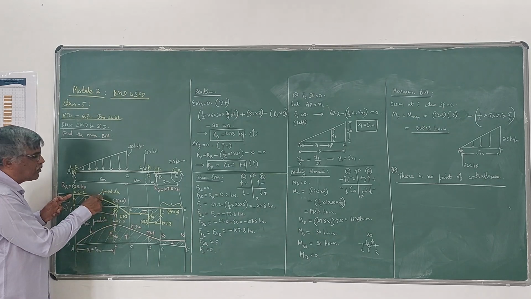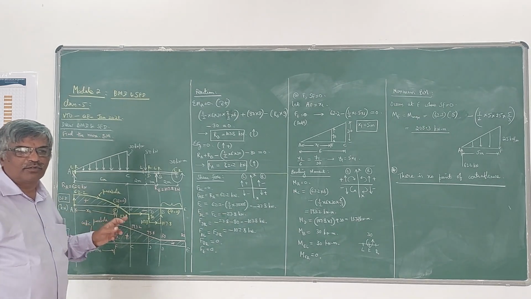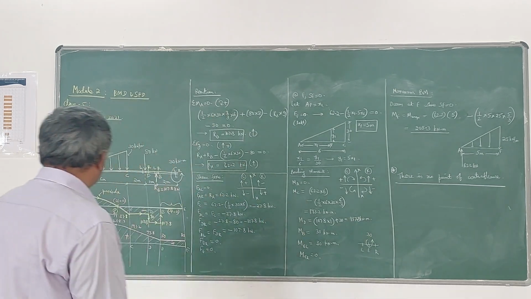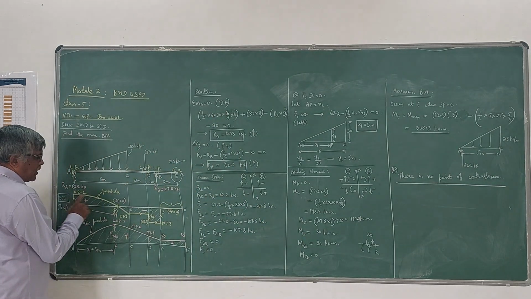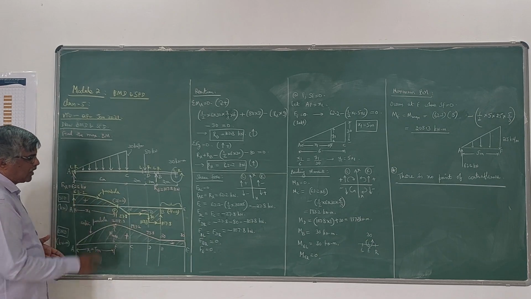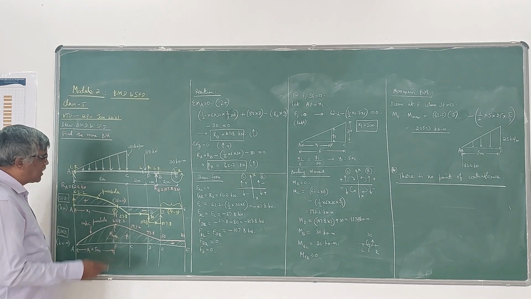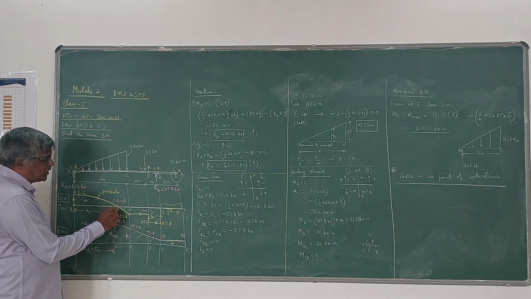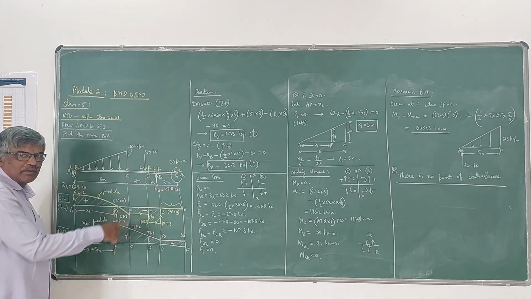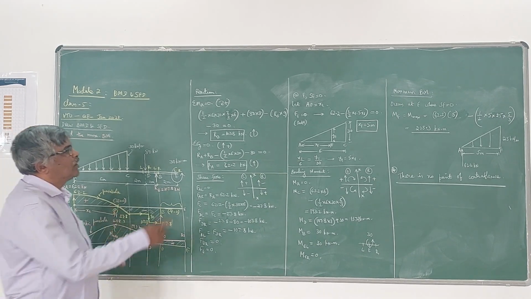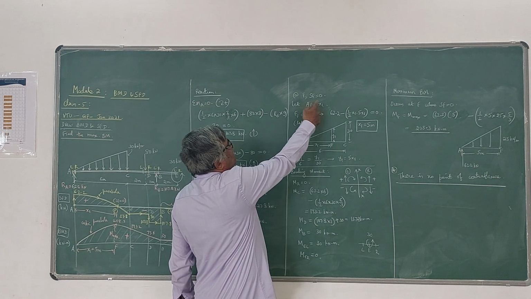Here, a parabola is the profile for the shear force diagram for a triangular load, which I have explained in the earlier class. So this is a parabola from A to C, and the rest of them are straight lines. This is the shear force diagram. You can observe that at point F, the diagram crosses that line, which means shear force is 0 at F. Now we have to locate that point.